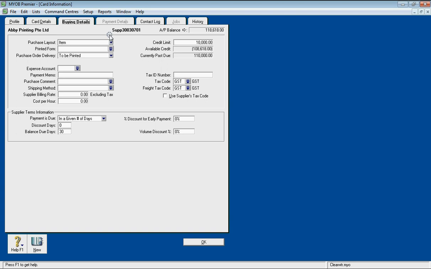You can use the buying details view to record the credit limit and terms the selected supplier has extended to your company, along with entries that will make it easier and faster for you to create quotes, purchase orders and bills for the supplier. The buying information you enter here will be used as default information when you enter purchase